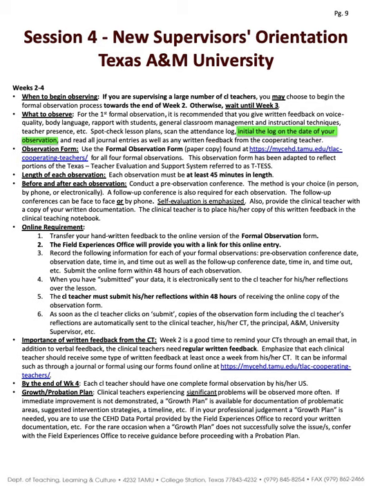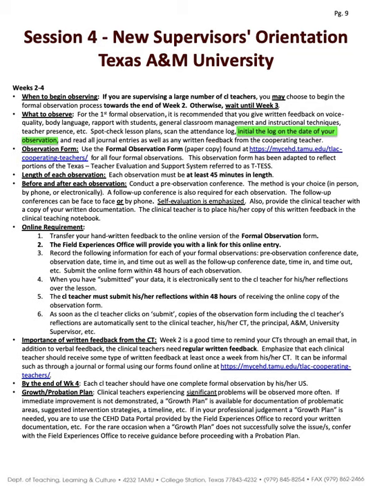Now looking at weeks 2 through 4, there's a suggestion concerning when to begin observing, which is to wait until week 3. There is information about what to observe for the first formal observation and the observation form to use, which is the formal observation form. There's also information about the length of each observation, which is at least 45 minutes. Also, what to do before and after each observation.